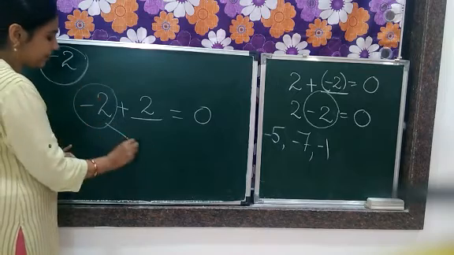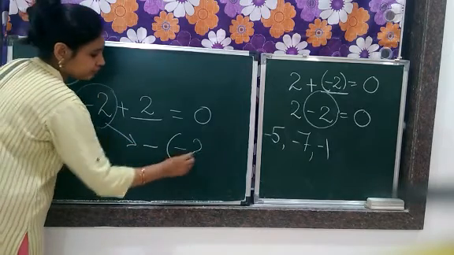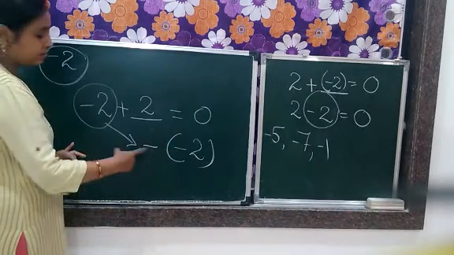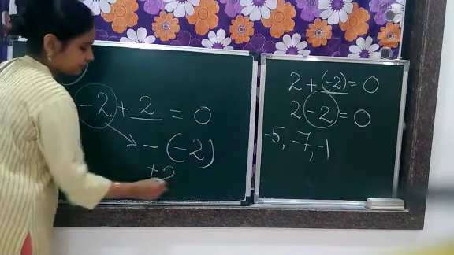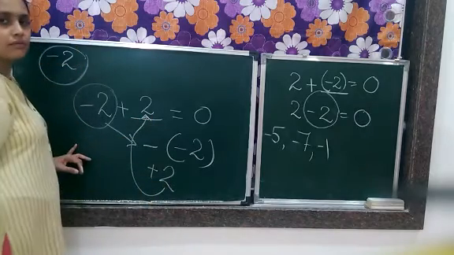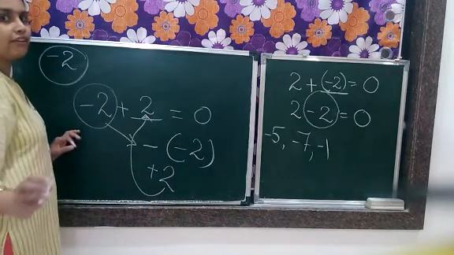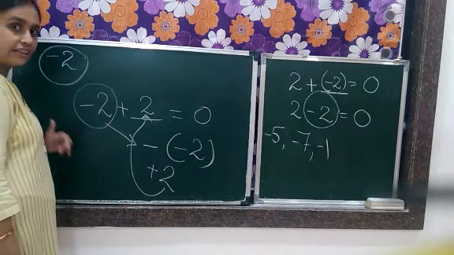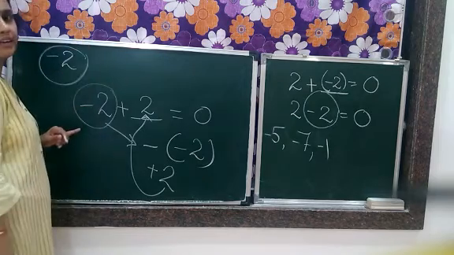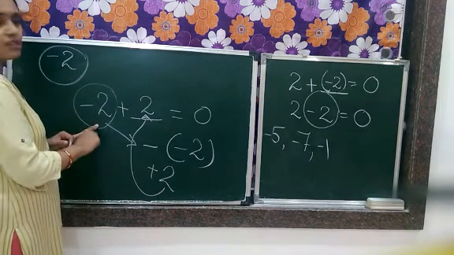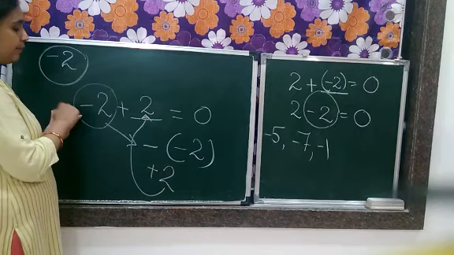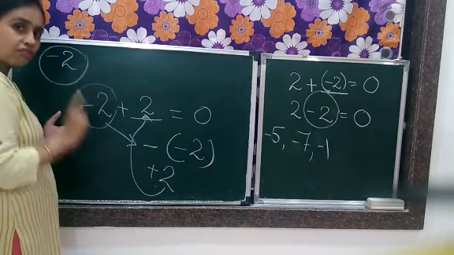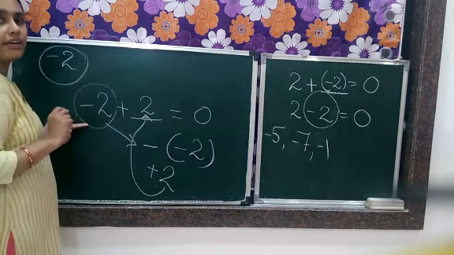Negative of that particular integer means negative of minus 2. Negative of minus 2 means minus into minus, which is this. Got it? So don't get confused while writing the answer here. Negative. We have studied negative, but this number is not negative. No, if you multiply this with its negative, what will it become? Minus of minus 2, which will give you plus 2. So additive inverse is always a negative of the given integer.